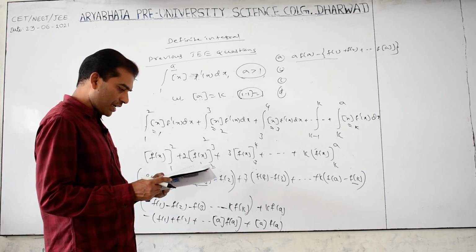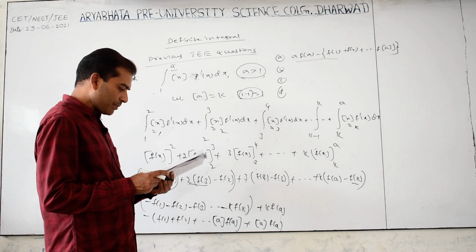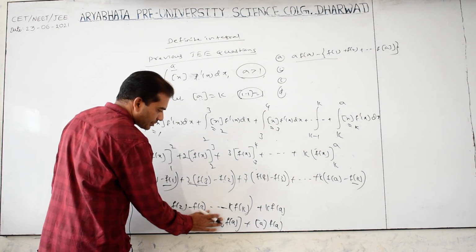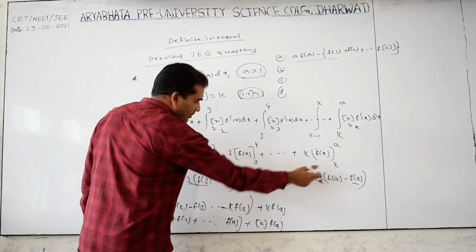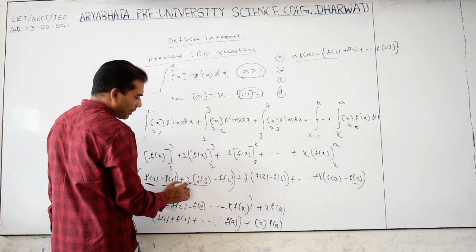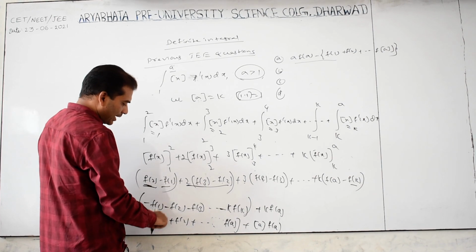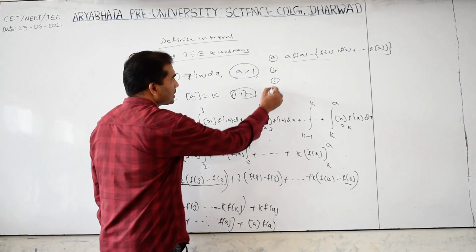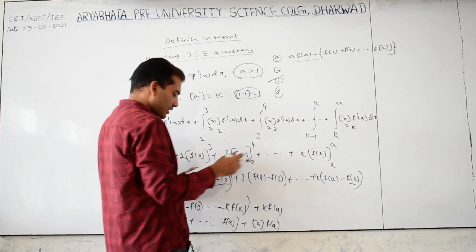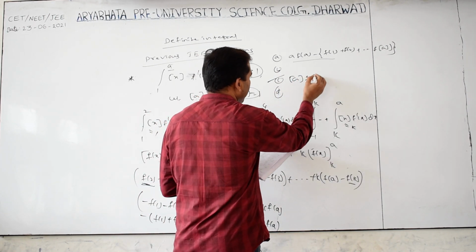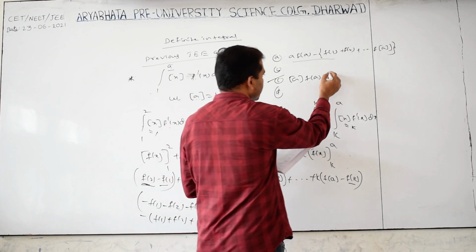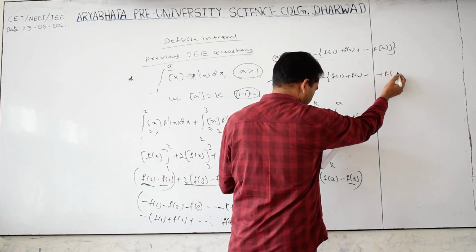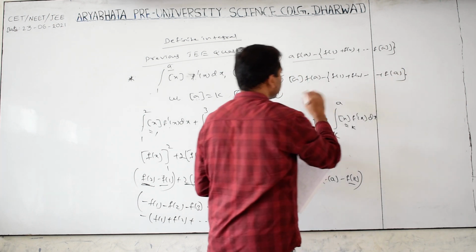So, which option is correct? That is step of a into f of a, C option is right. This is minus, it comes under this only, because here minus 2 f of 2 plus f of 2 is minus f of 1. So, here only one will get f of a. The C option is step of a into f of a minus step of f of 1 plus f of 2, so on, f of a.